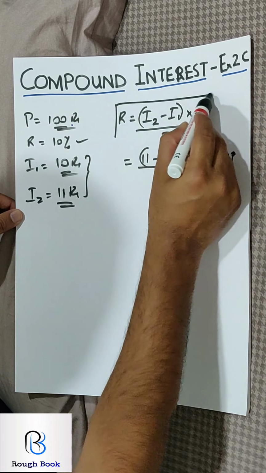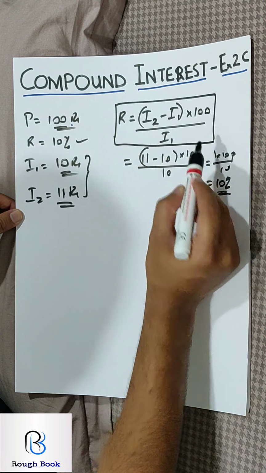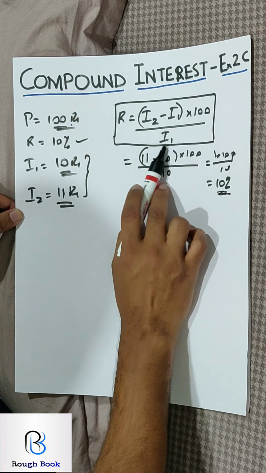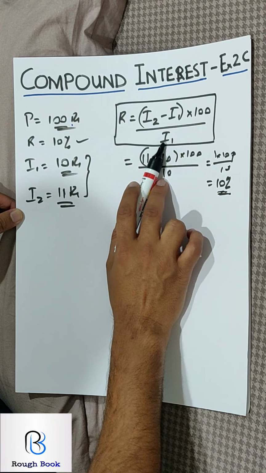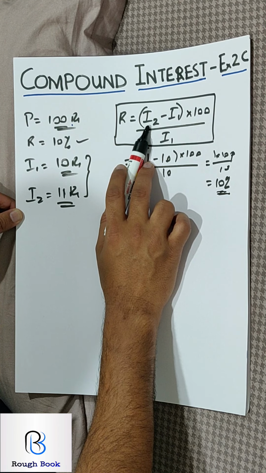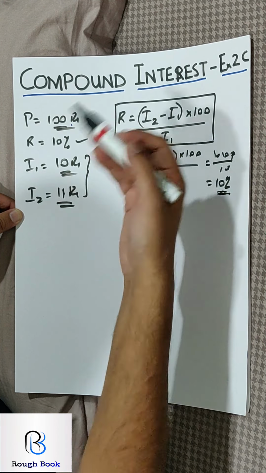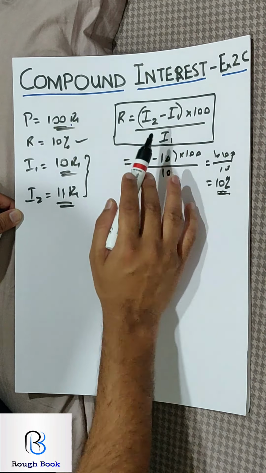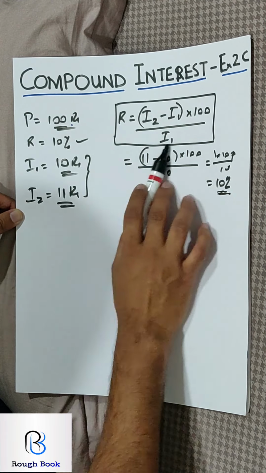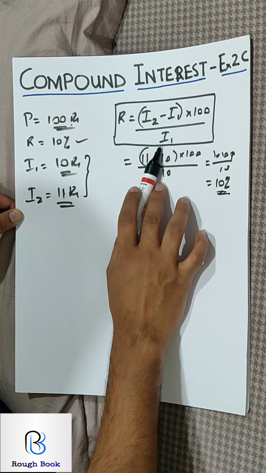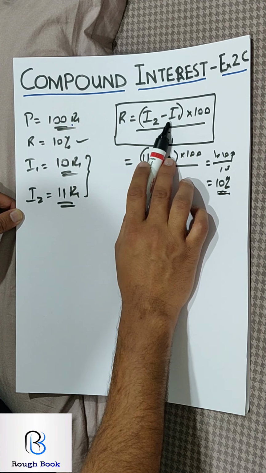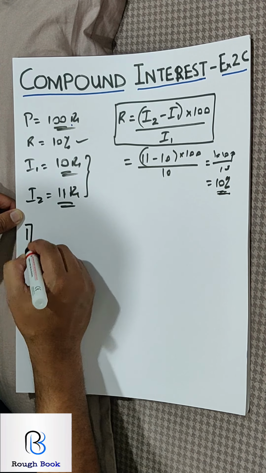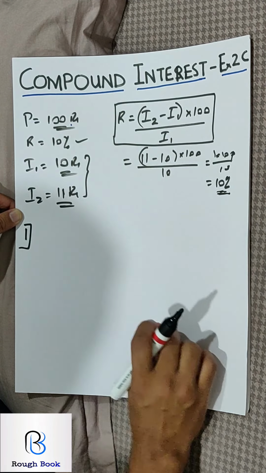What I want you to remember is this: whenever rate is asked, I2 minus I1 into 100 upon I1. This is not standard, this can keep on changing. First the bigger year, the second year or the third year, minus the smaller year, divided by the previous year, that is the first year. Is that clear? This can also be amount, then it will become A2 minus A1 upon A1. Please remember that. I want you to use this logic and try solving sum number 1.